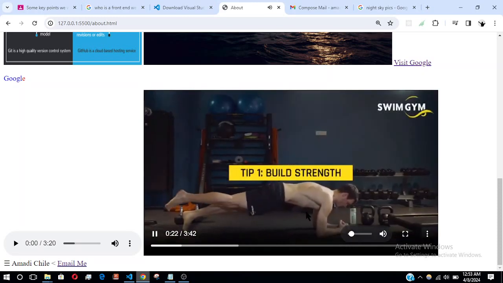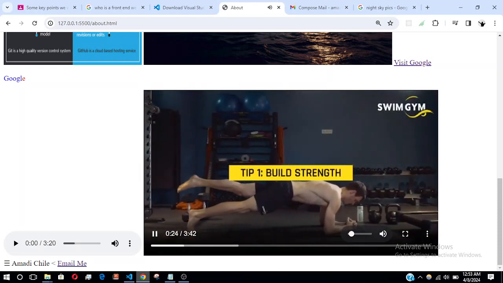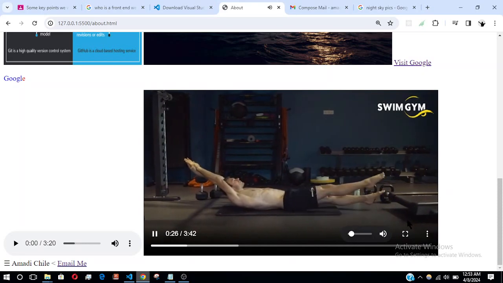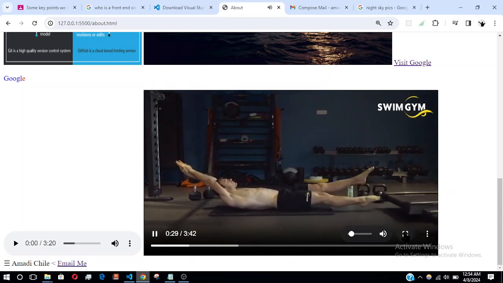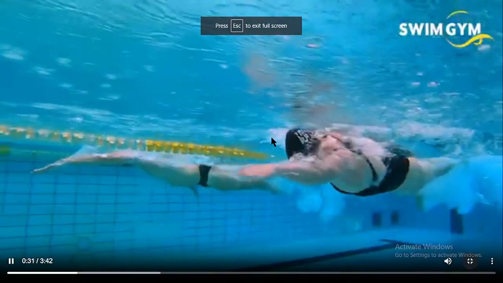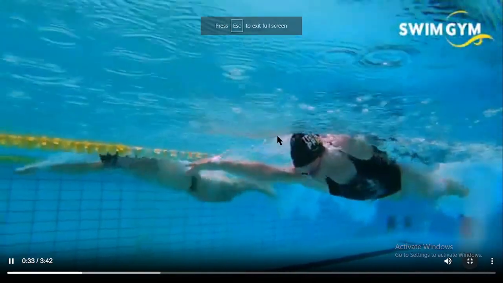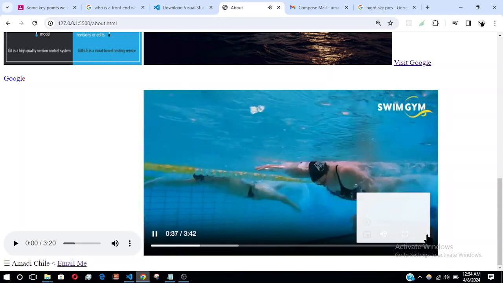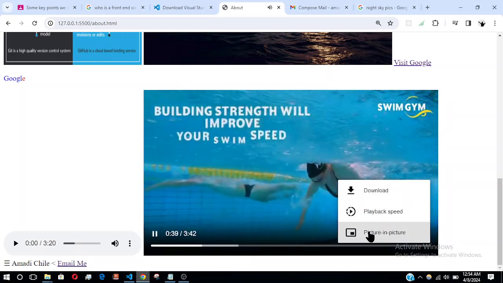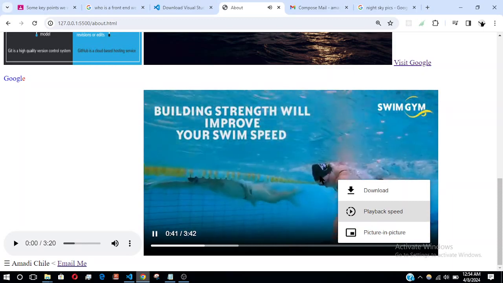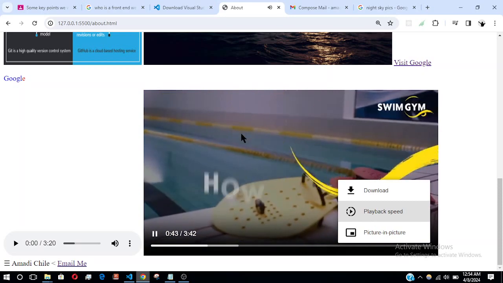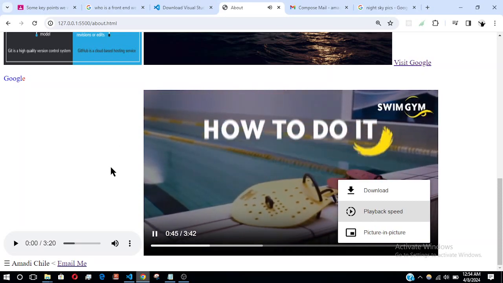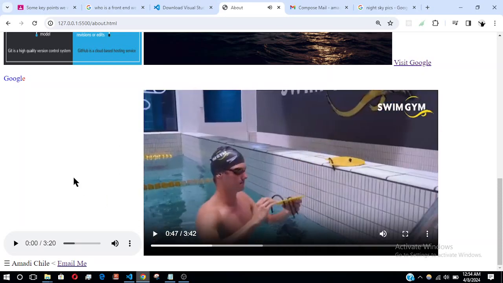Swimming fast requires body strength, and therefore top swimmers spend quite some time in the gym in addition to the pool training. Swimming strength not only helps you with swimming short distances fast, it also helps you maintain your speed and efficiency over longer distances. So building strength is essential if you want to improve your swim speed in general. So how to do it? You don't need to hit the